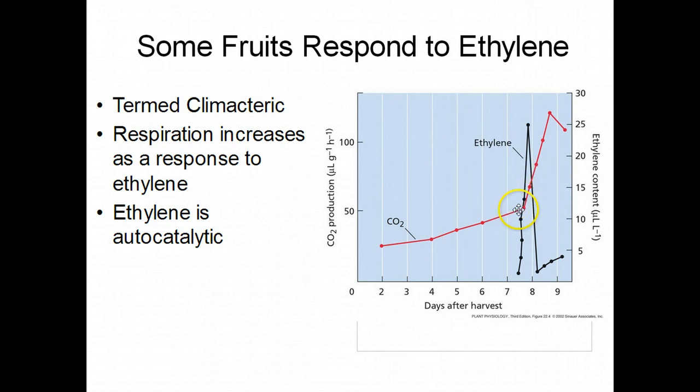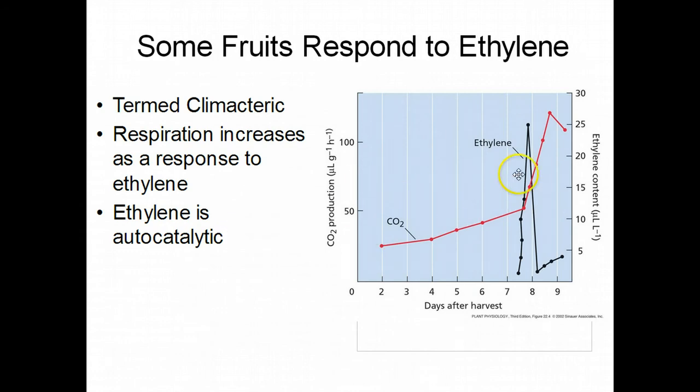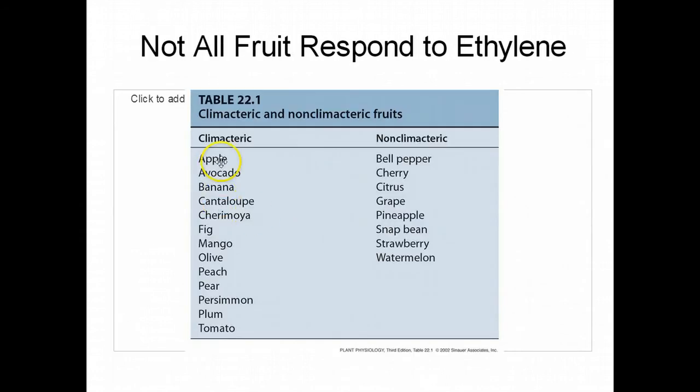Mostly the classic, of course, is in tomatoes. There are fruits that are not climacteric, which are over here, and this is called the climacteric response. And there are fruits over here that do have this response, okay? Tomatoes, of course, is classic. Apples,